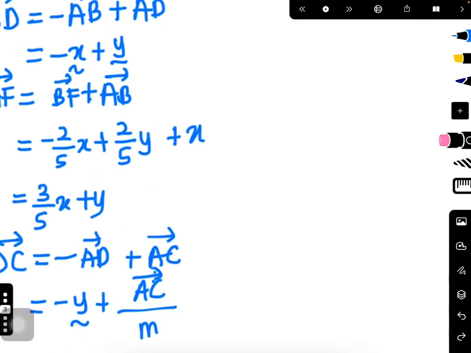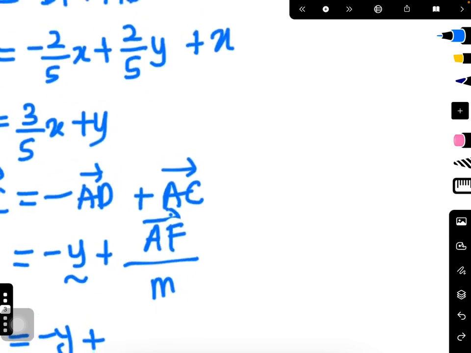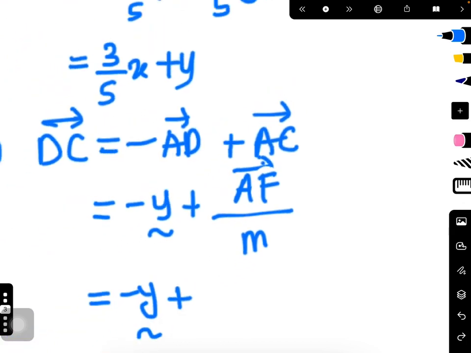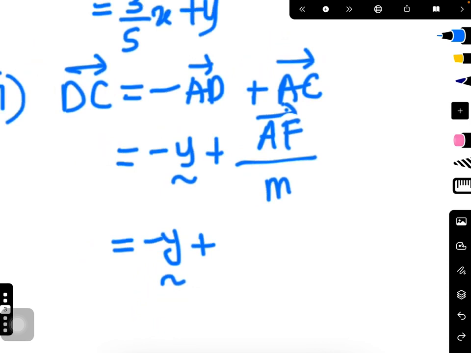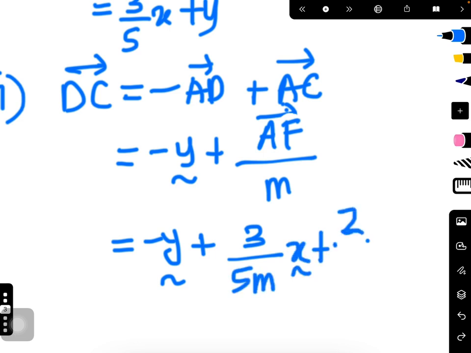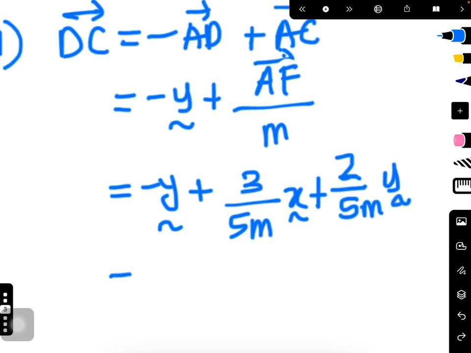Oh, I'm sorry, it is AF here. How can we get AF? AF, we got that before. It is 3 over 5x plus y. So we just need to include it with m. So 3 over 5mx plus 2 over 5my. So the answer will be